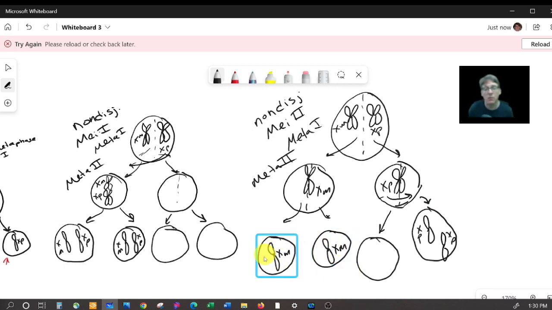And the other thing to note when we're looking at non-disjunction in meiosis 2 is here we have 2 normal gametes, and then we have 1 gamete that is lacking a chromosome, and 1 gamete with an extra chromosome. And so within this meiotic event, we have 4 gametes that result. 2 are going to be normal, 2 are going to result in an aneuploidy. And so if a normal gamete fertilizes, say if these are eggs, these would be eggs considering they started out as an XX individual. So if this was an egg and gets fertilized by a normal sperm, okay, if this is a normal sperm,